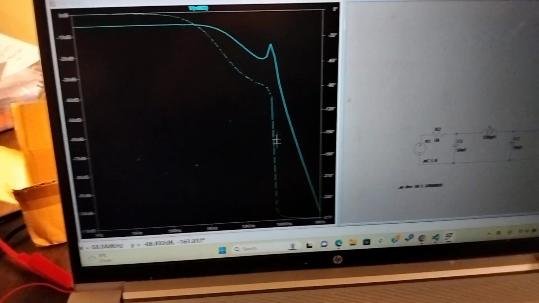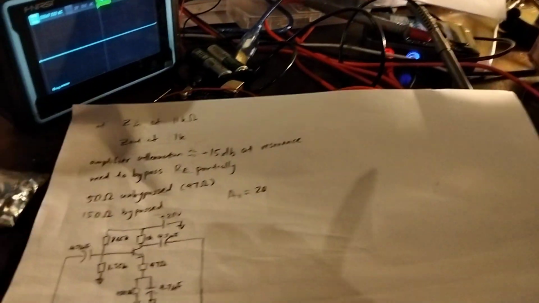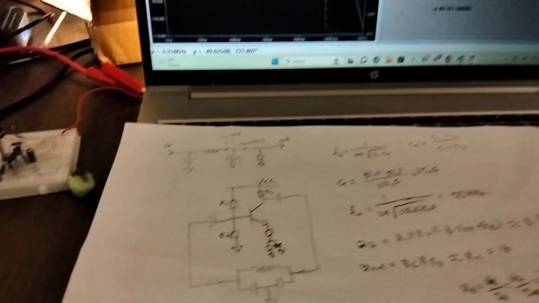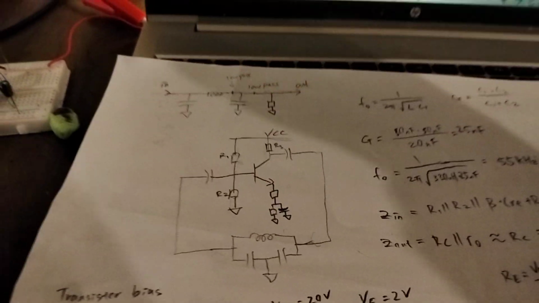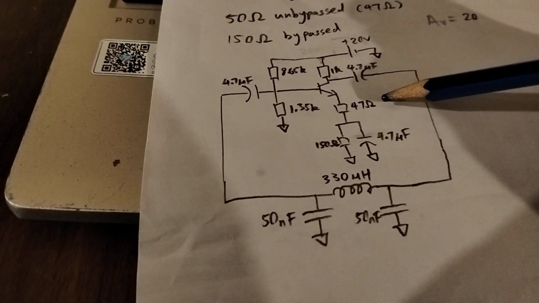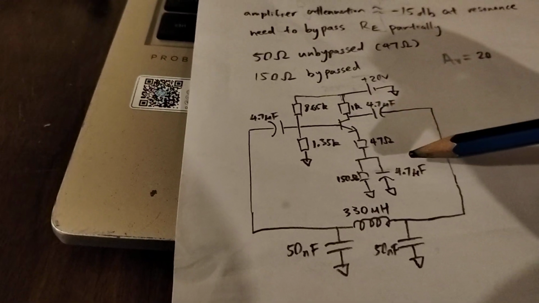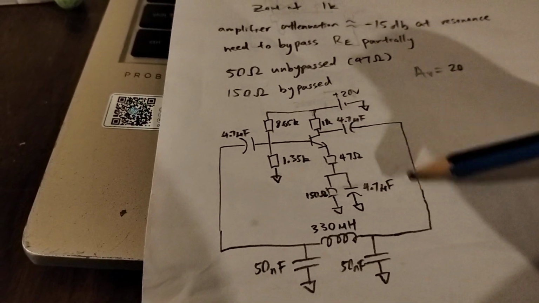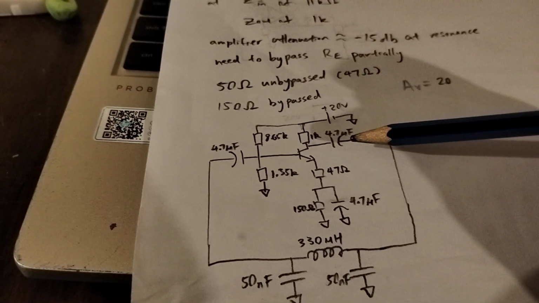It's the phase shift, not the resonance. And so the next thing I want to talk about is where's the gain control? So when I did all my derivations and calculated the resistor values, I ended up picking a gain of 20, right? And so there's nothing that really controls the gain, because there's no gain control network like the two diodes that